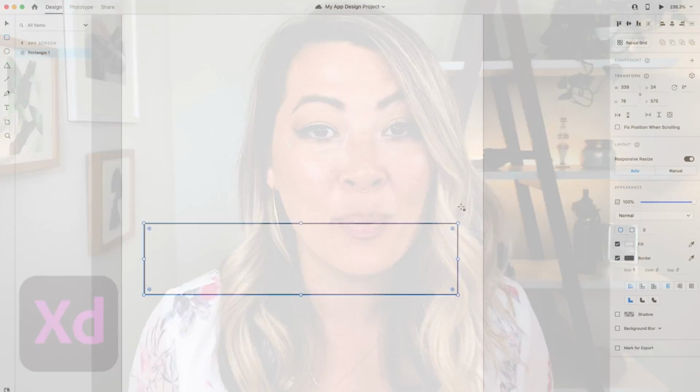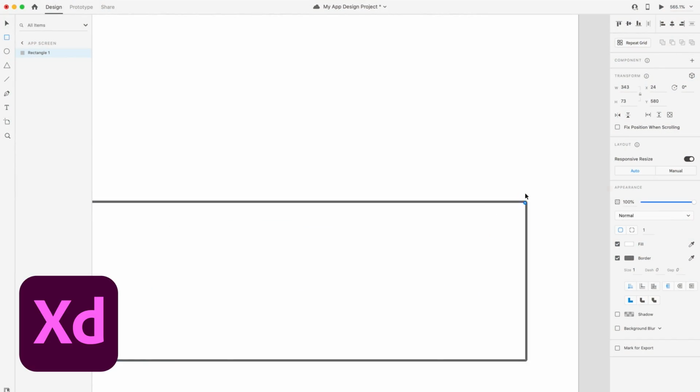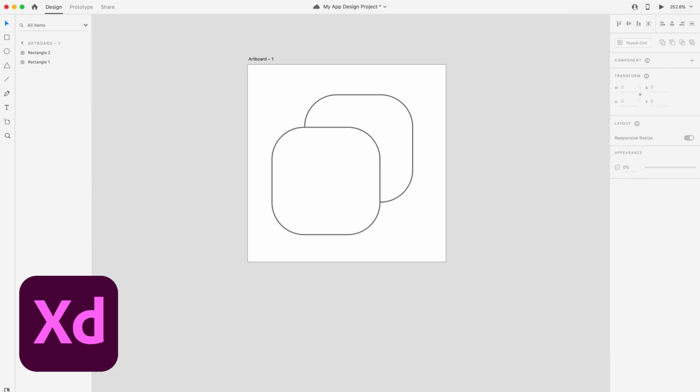Hey, in this video, we're gonna get creative in Adobe XD, a design and prototyping tool. We're gonna be creating artboards in order to create some basic shapes. This is gonna be the first step in creating the login and sign up buttons for our app. And we won't stop there. We're also gonna be creating our app's logos as well.